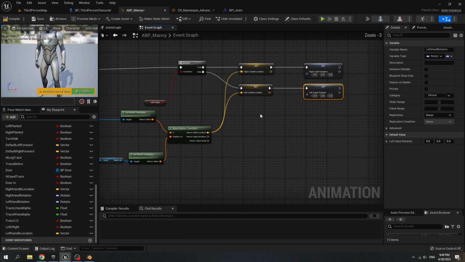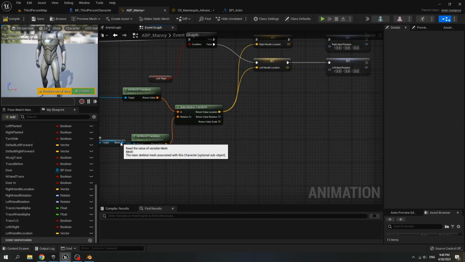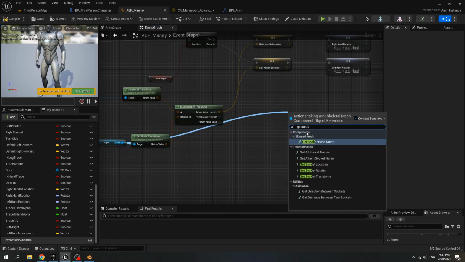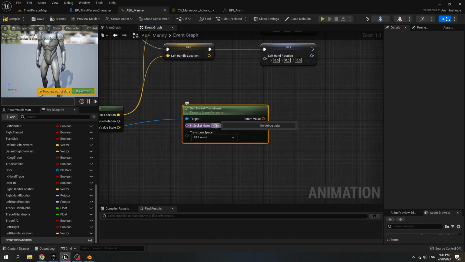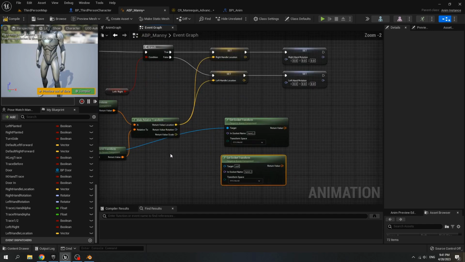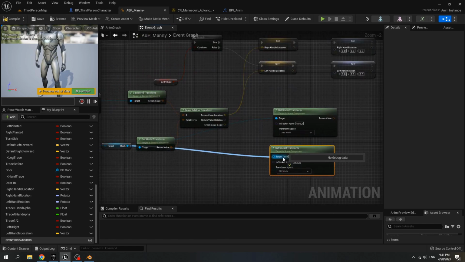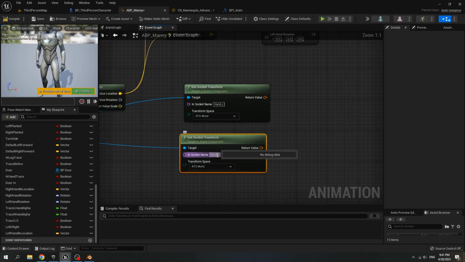For the character from the mesh, we get socket transform, and the socket name is hand r. Copy and paste it and connect the mesh to the socket transform, and socket name is hand l.